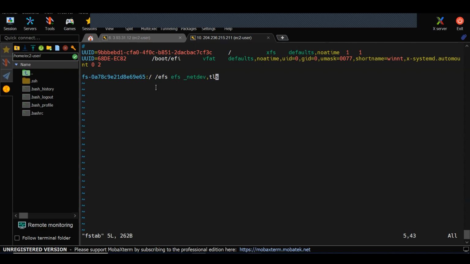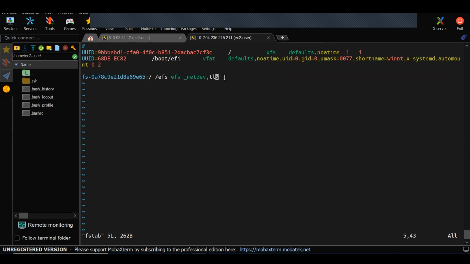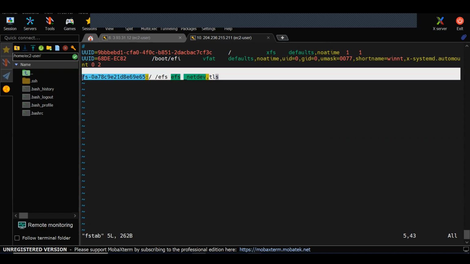EFS, not EBS; in EBS also you can see file system entries like that, but EFS is a file system. So what we are going to mount now is the EFS file system. Then _netdev and tls, transport layer security. This way we are mounting. Like we already mounted, when we reboot the server it won't go away. Whenever boot happens, it will remount the things. This is how we mount it. By this way, we close this one, EFS.